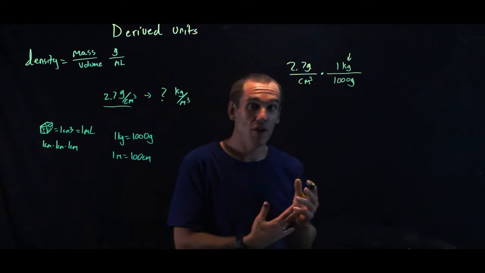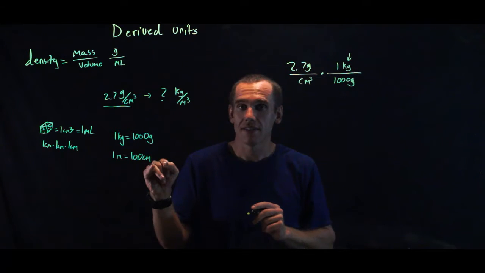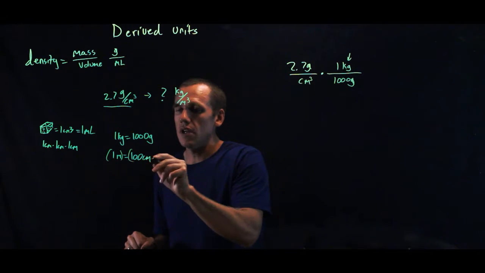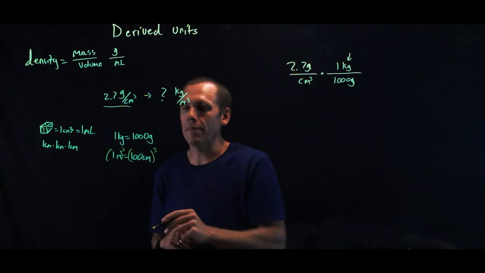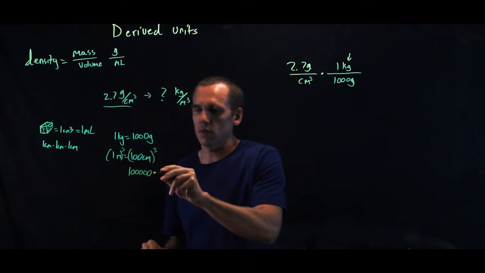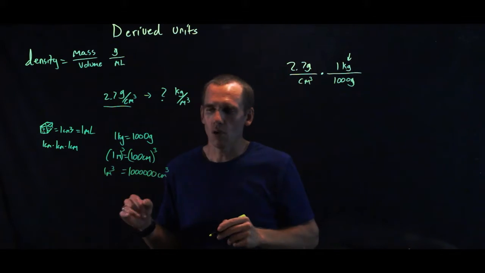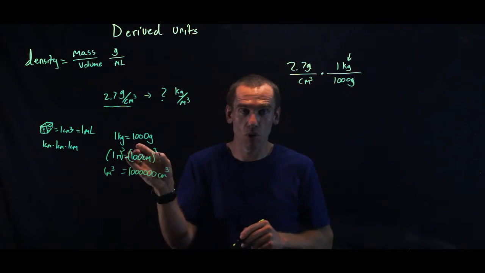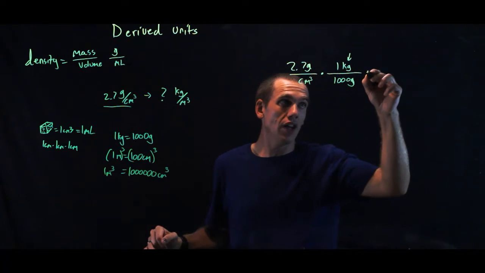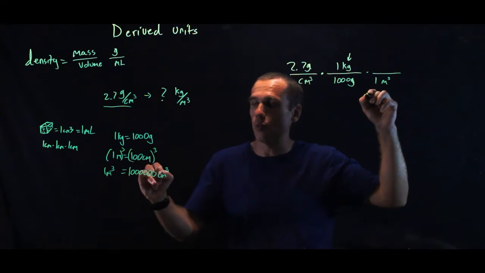I've got to be very, very careful with this. I have cubic centimeters, but my conversion factor is just for centimeters. If I want cubic centimeters, I need to cube this. Now what I do to one side, I have to do to the other. So I'm going to cube this, cube that. Well, 100 cubed is 1 million: 1,000,000 cubic centimeters is the same thing as 1 cubic meter. Don't make the mistake of just cubing the unit. You've got to cube the whole thing. So now I see that 1 cubic meter, which I want on the bottom, because I want my centimeters to change to meters, is the same thing as 1 million